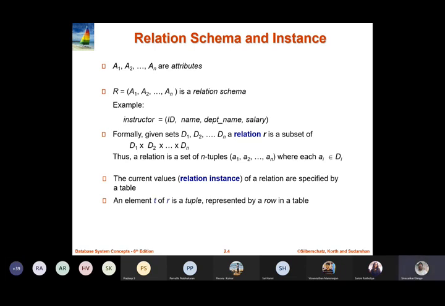So formally, given sets d1, d2 till dn, a relation R is a subset of d1 cross d2 cross till dn, right? The current values of a relation are specified by a table, right? An element t of R is a tuple, represented by a row in a table. So a row in a relation represents a tuple or a record,